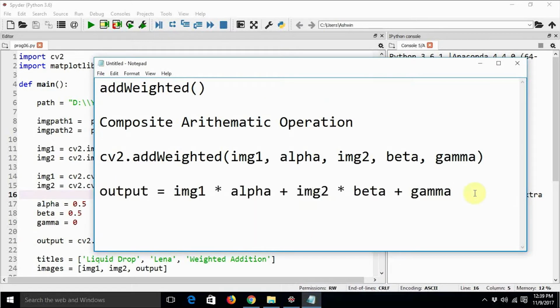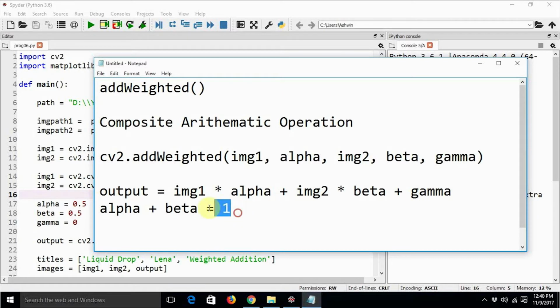Now in case we want to achieve the blending effect, we need to set the values of alpha and beta in such a way that alpha plus beta equals 1.